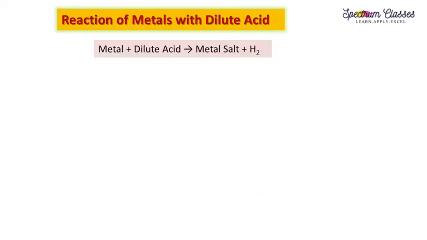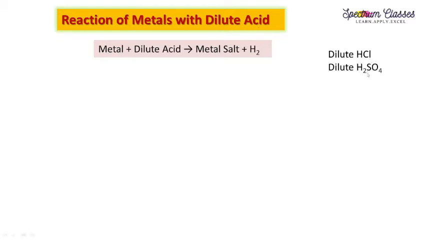So let's start with the reactions of metals with dilute acid. Before we discuss the reactions, one must understand what dilute acid is. Dilute acid means acid is added in water, and we calculate their concentrations. We are not going into how to calculate the concentration. Here we are going to discuss that acid is added to the water with the help of a rod, rather than adding water to the acid. That is important. You must take every kind of precaution, or do this exercise under the guidance of your teacher. Now you understand what dilute acid is.